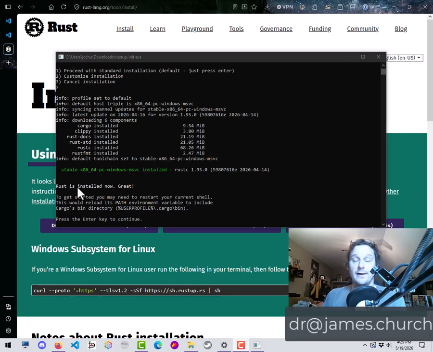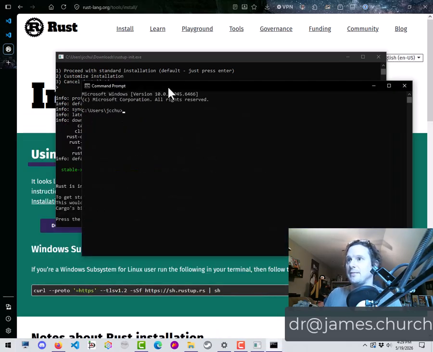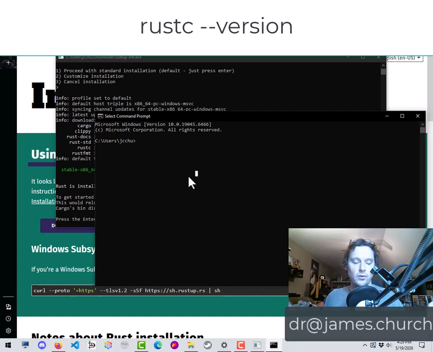All right. I have a message on my screen that says Rust is installed now. Great. To get started, you may need to restart your current shell. This would reload its path environment to include the cargo bin directory. All right, press any key to continue. Before I do that, what I would like to do is to run the CMD application, where we can get to a command line, and we're going to type in rust-c space --version. And what this will do is it will run the Rust compiler with the version flag to let us know what version we are currently running. And it looks like I'm running version